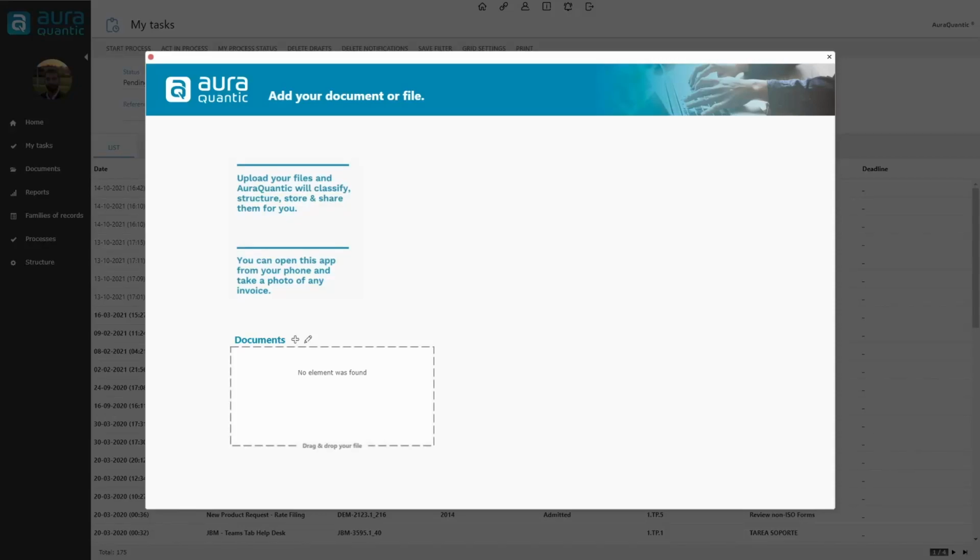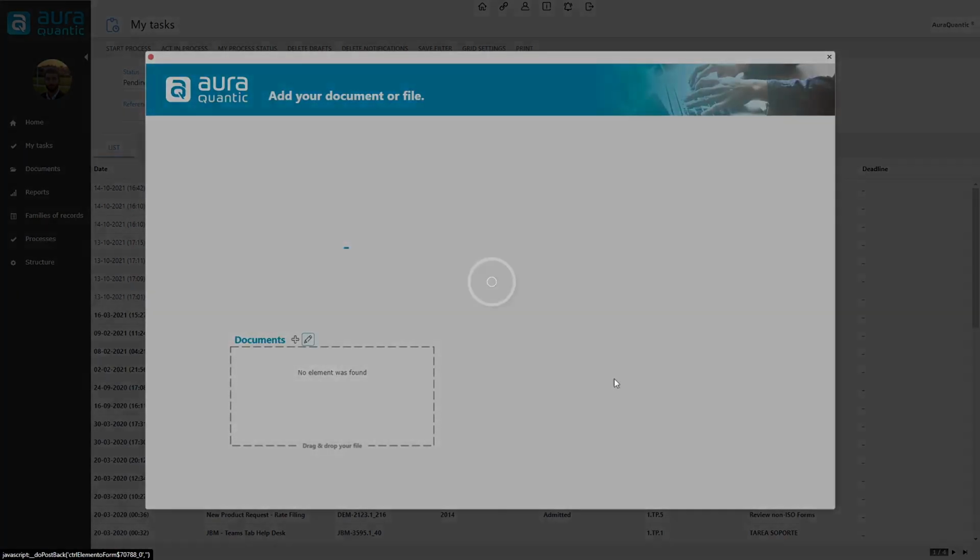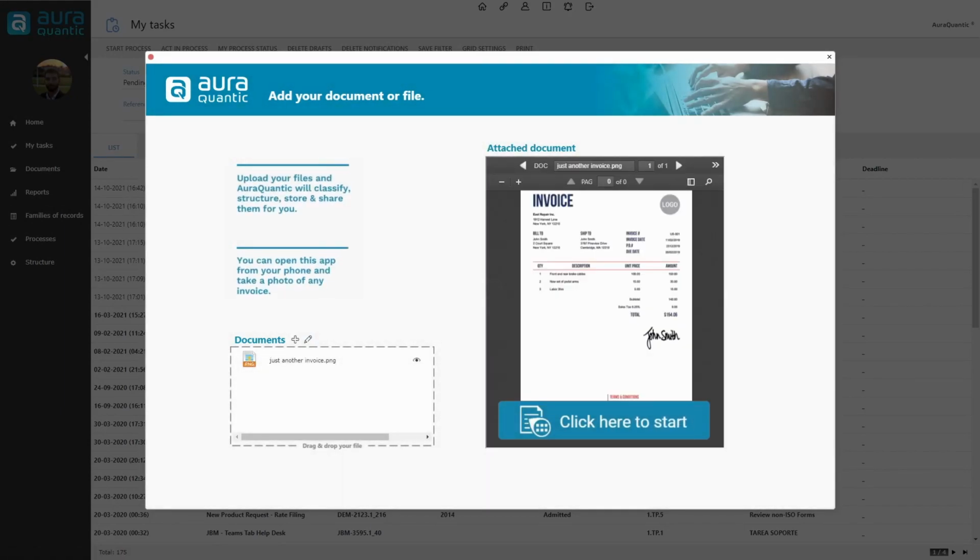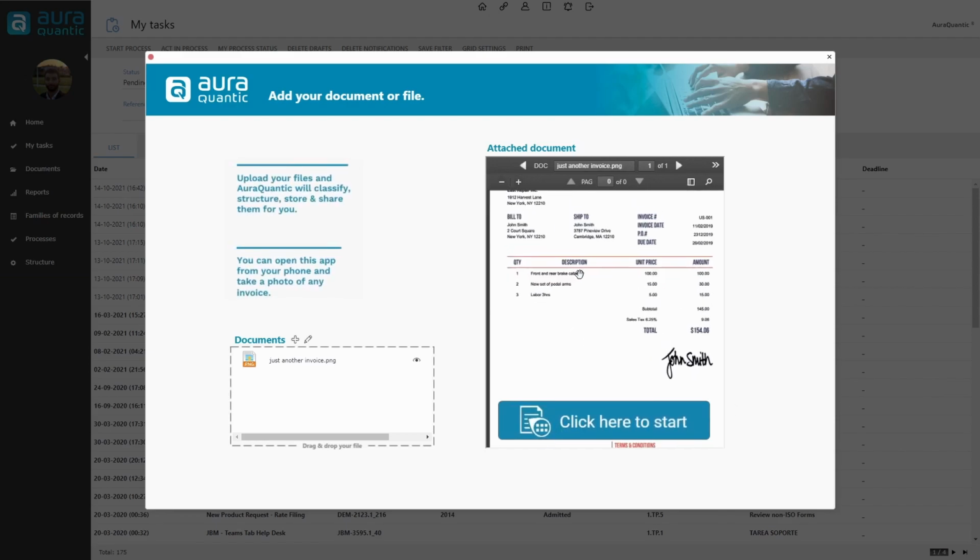In this video, I'm going to show how to build an intelligent document processing solution within Aura Quantic. Before I start with the step-by-step tutorial, I'm going to show you real quick the end result of the key element of this solution, the structured optical character recognition service. For that, I'm going to upload an invoice. It could be any kind of document, for example, a photo taken from a mobile phone of a restaurant receipt. In this case, it was just an invoice.